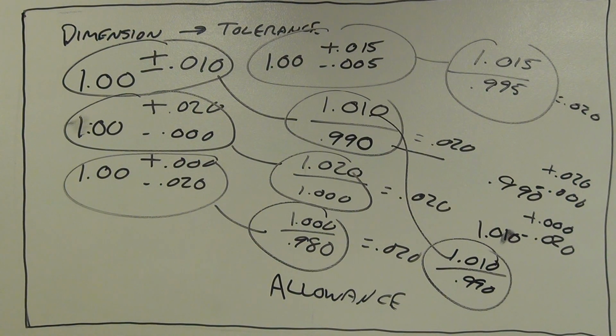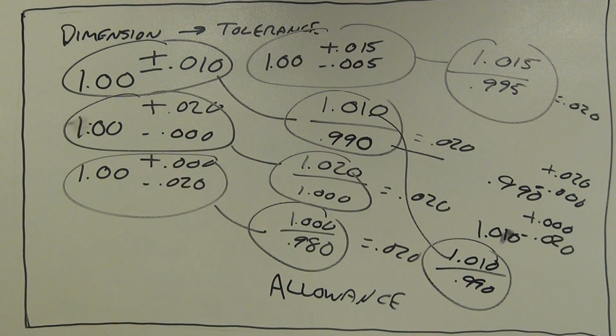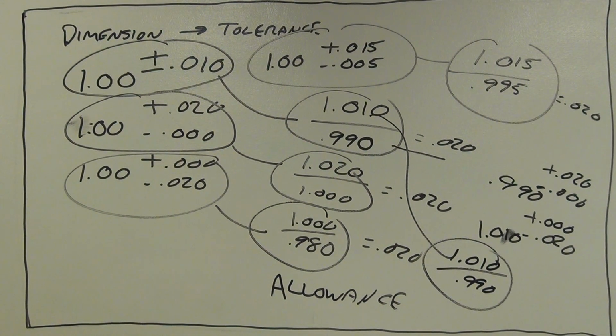tolerances as they are traditionally expressed on a drawing. Now again, you can only hope that if you don't have GD&T on your drawing, you'll see your dimensions with a tolerance attached to them in this fashion. Tolerances don't necessarily have to be stuck on the dimension. They can be expressed in a note. Very often, drawings in general will have a table, usually in the lower left-hand corner, called the default tolerance block. And it tells you that if you have a dimension that doesn't have a tolerance expressed,